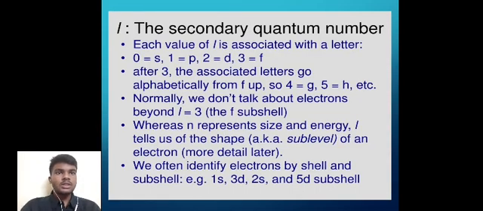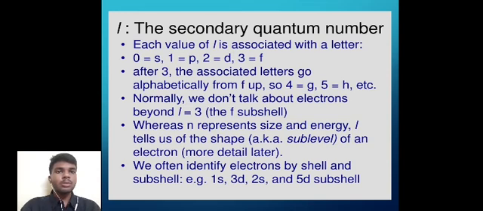l, the second quantum number. Each value of l is associated with a letter: 0 equals s, 1 equals p, 2 equals d, 3 equals f. After 3, the associated letters go alphabetically from f: 4 equals g, 5 equals h,